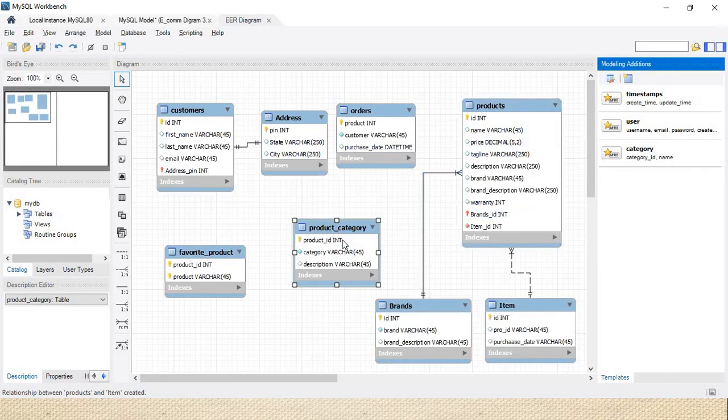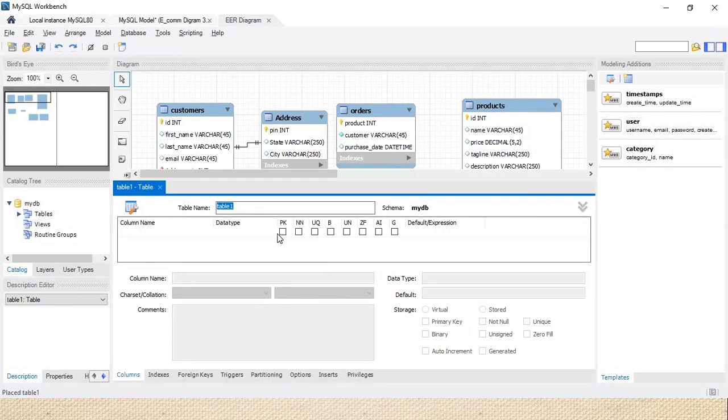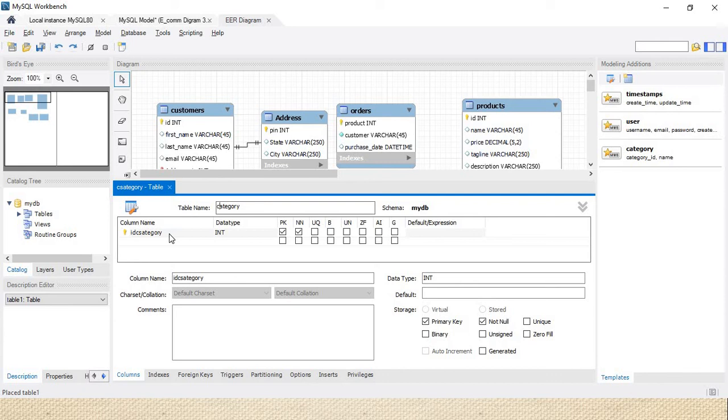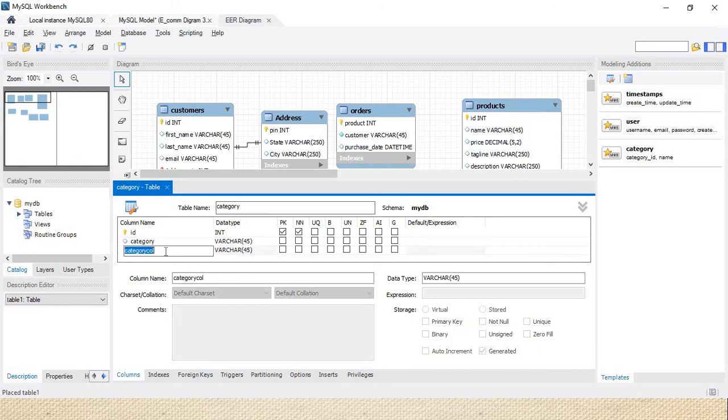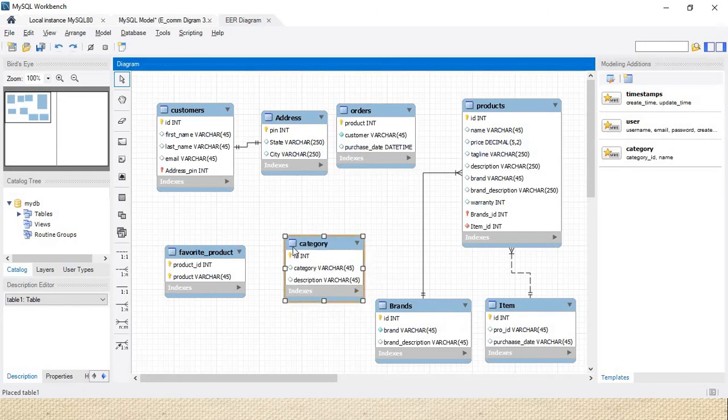So what should I do? I will create another table because I have created and associated those tables. Category created. Now we'll do the many-to-many relationship.